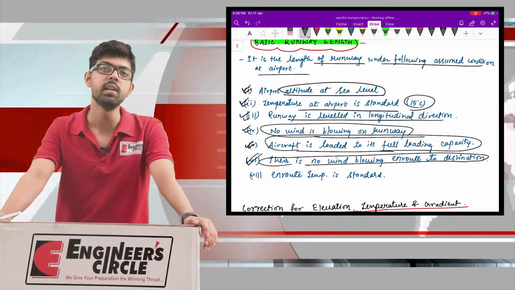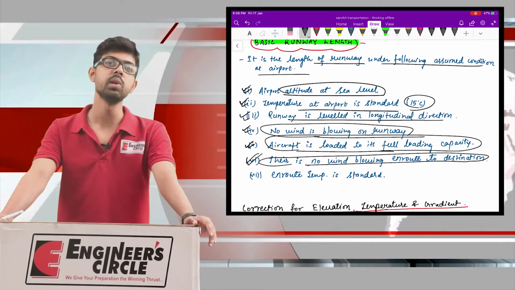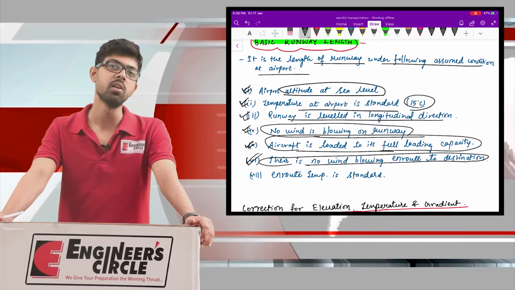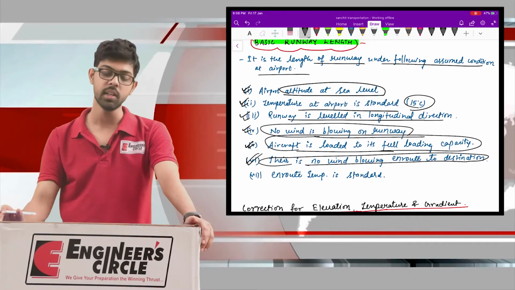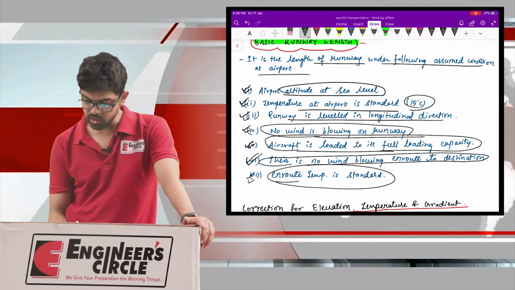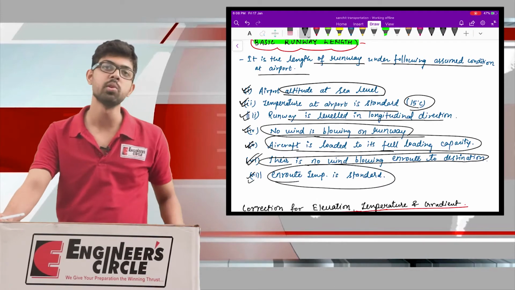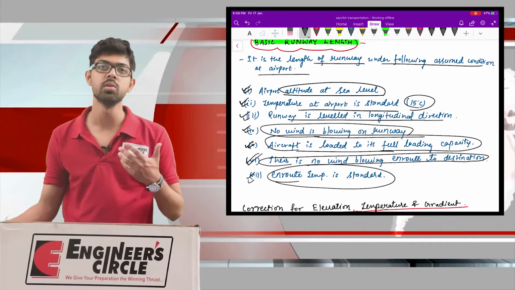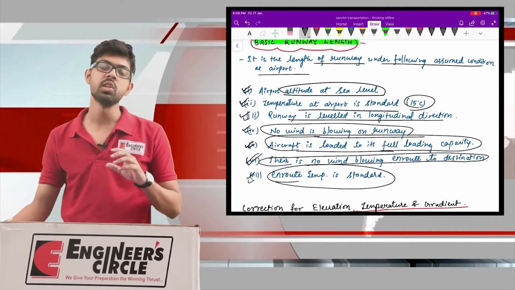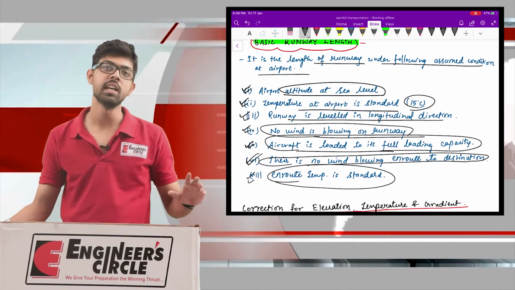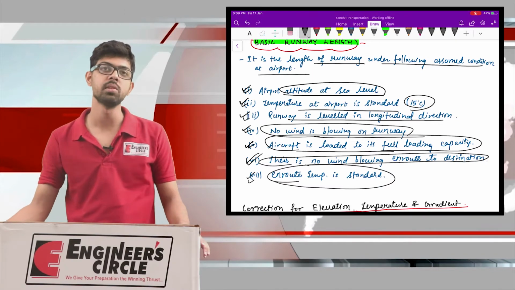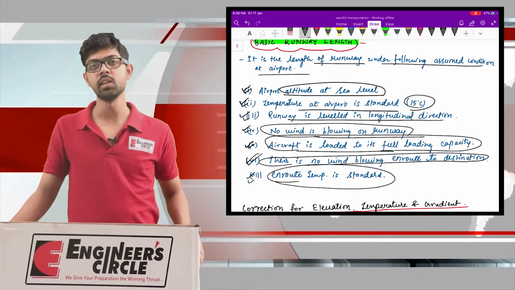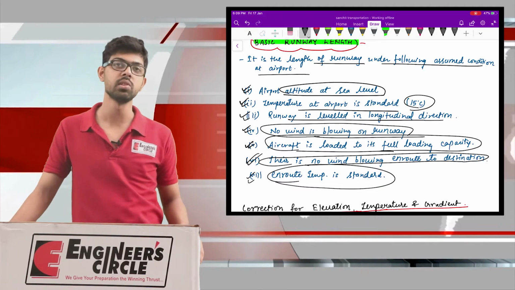En route to destination means while traveling from one place to another, whatever route we are following, no wind is blowing along that designated route. The last is your en route temperature is standard. During your cruise time, during your actual movement of aircraft, whatever path you are taking for your destination, all the temperature along that path should remain standard, and that standard temperature is 15 degrees centigrade. There should not be any fluctuation in temperature during the movement of aircraft from one place to other. So the temperature should be standard.